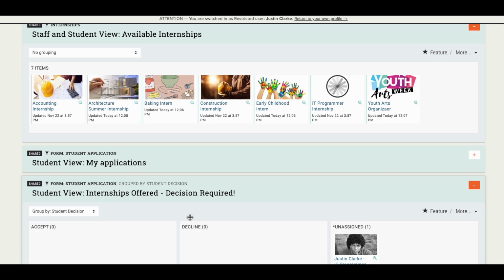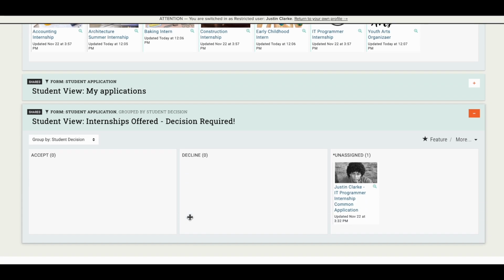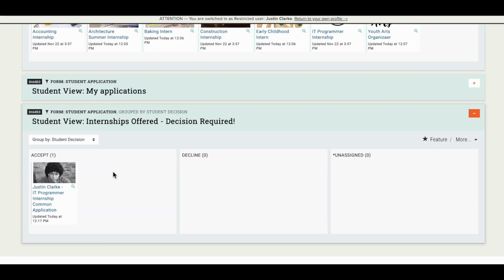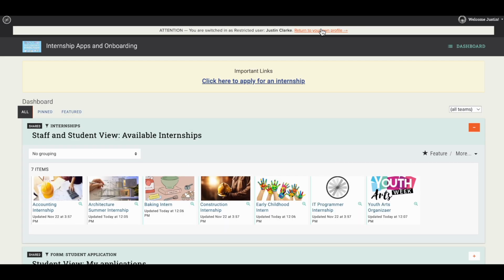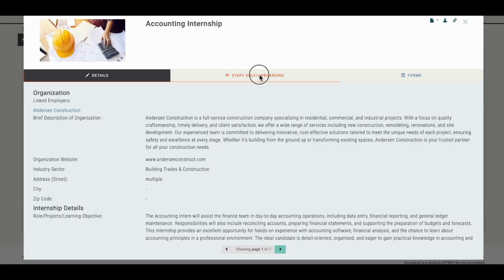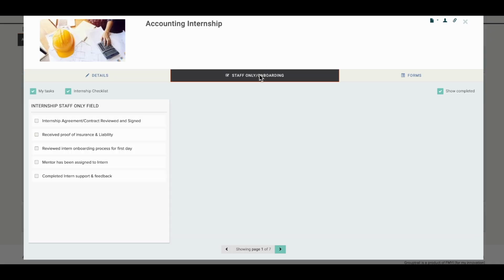And finally, when an internship is offered, it will appear down here in this tracker, and the students can either decline or accept just by dragging or dropping here. And that'll be updated on their record, and you'll know where they stand. Now I'm going to switch in as a staff person. As a staff person, I can see the internships, but I also can see the other information that I need